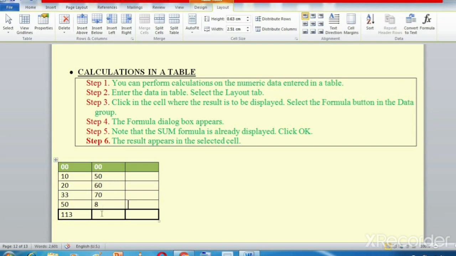Now suppose I want the addition of these two cells over here, 50 plus 10. So how am I going to do that?